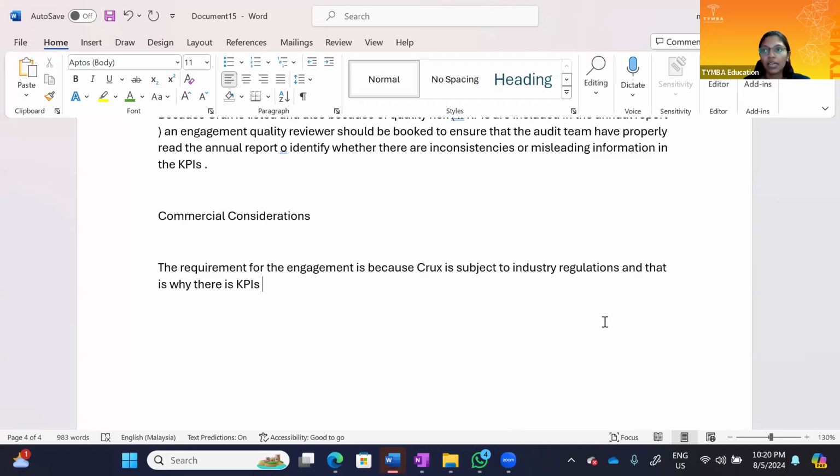So KPIs need to be measured. So there is a possibility that if Pegasus